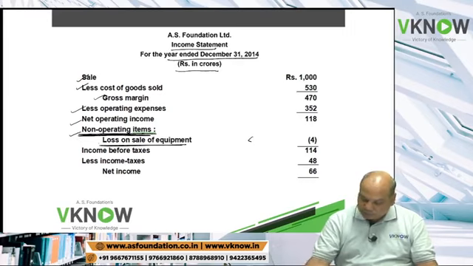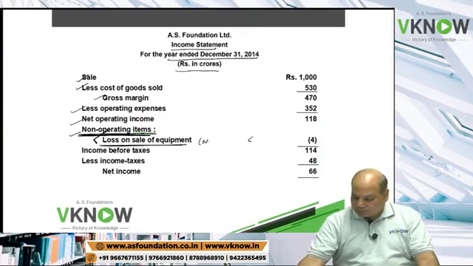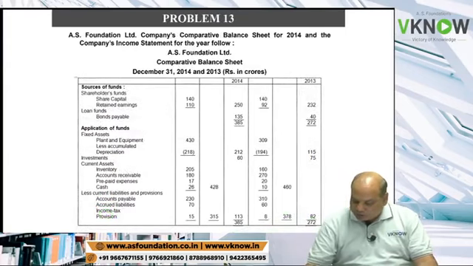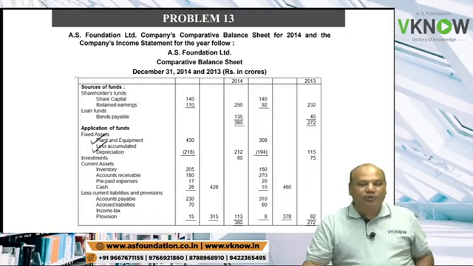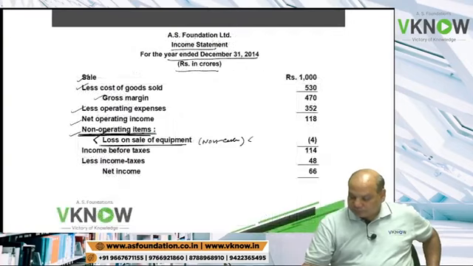Tick mark loss on sale of equipment. This is a non cash item. And you also tick mark in the balance sheet plant and machinery and accumulated depreciation. There is some adjustment in that. Then income before tax,